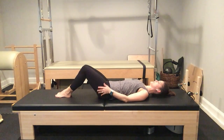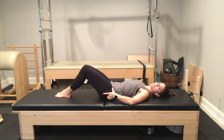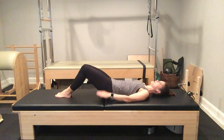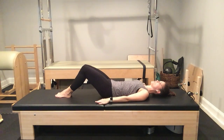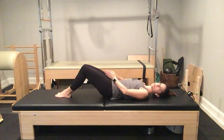Now, after we've engaged the glutes and the hamstrings, we're going to tuck our pelvis and roll it up just to where our back comes off to the 12th rib or our lowest rib. We're still squeezing everything in towards the midline, and then we articulate our spine back down and bring our sacrum back to neutral. Tuck your pelvis, come up to the very bottom of the 12th rib, squeeze your legs together